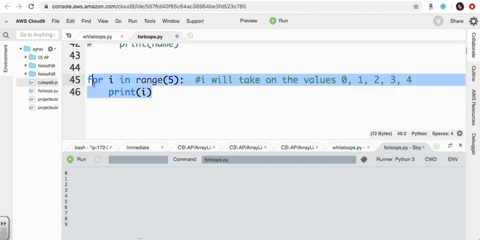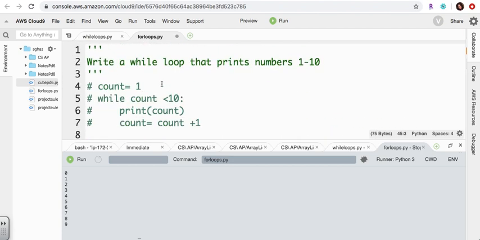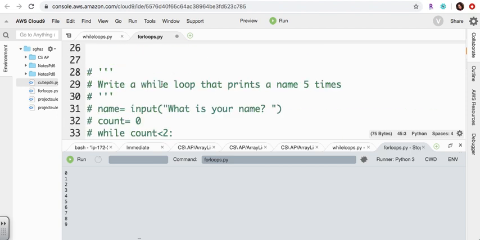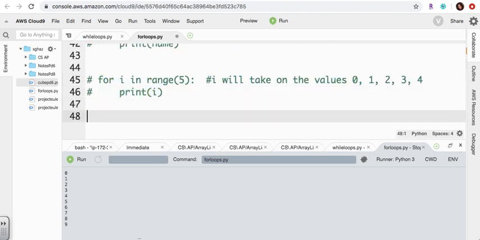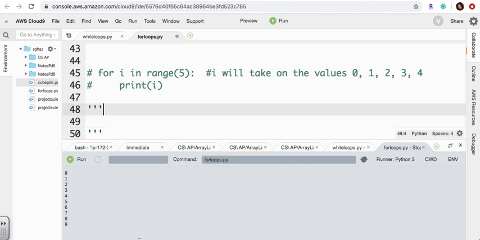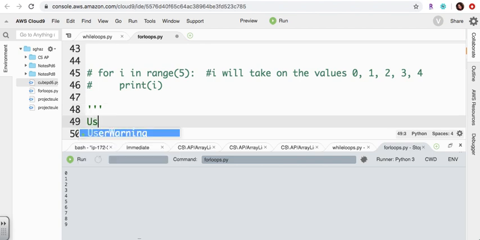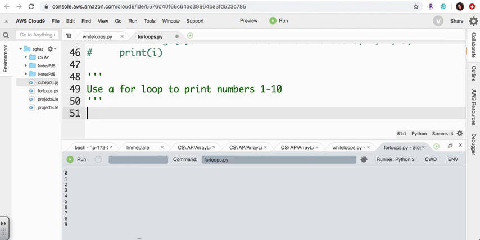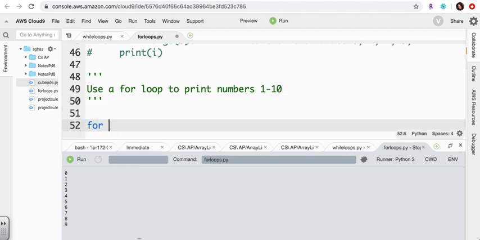Let's say we wanted to print, just like we did in the beginning of today's lesson, the numbers 1 through 10, but using a for loop. So let's use a for loop to print numbers 1 through 10. Let's use I again, and let's use our range function. So for I in range, now we want it to go up to 10, including 10, because we are trying to print